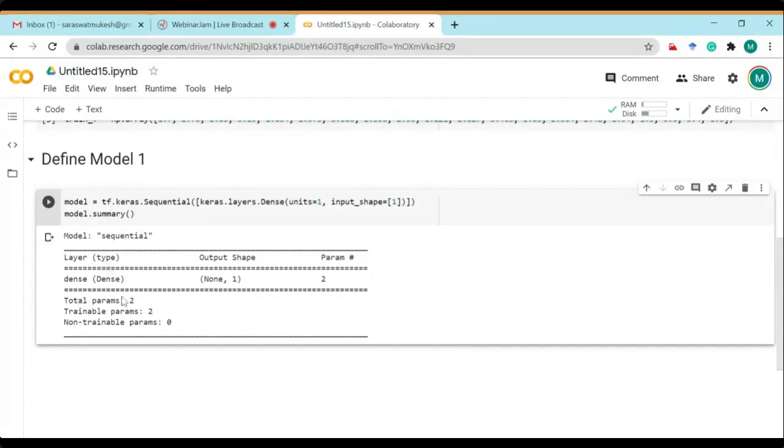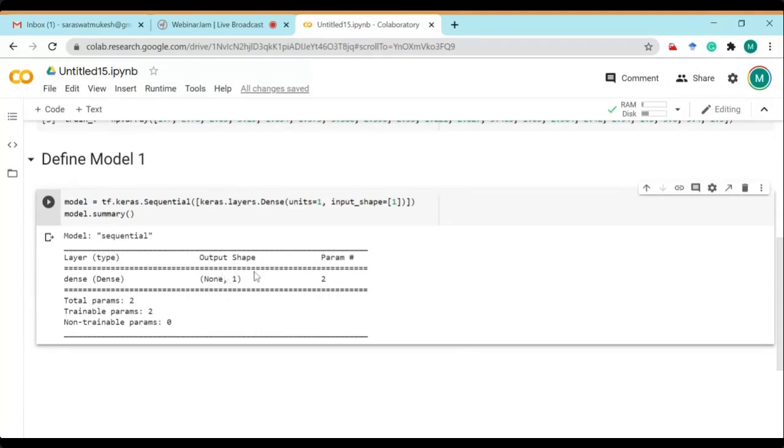The layer type is dense. It is not a convolution layer. The meaning of dense is that all the neurons of the previous layer are connected to the next layer neurons, and so on. Now you will see here output shape.